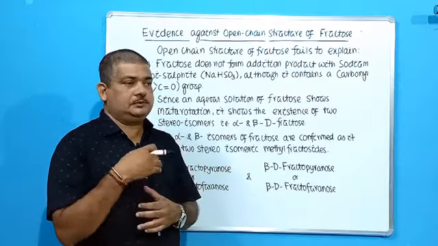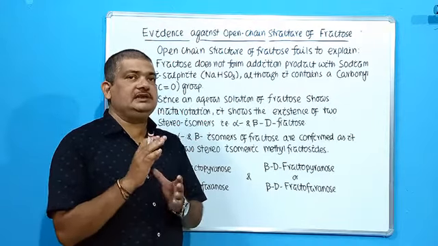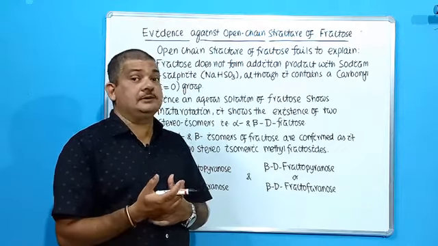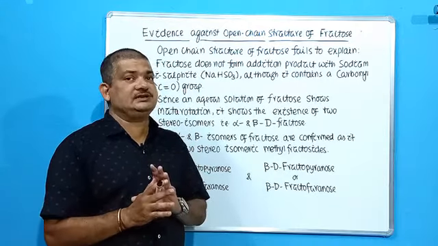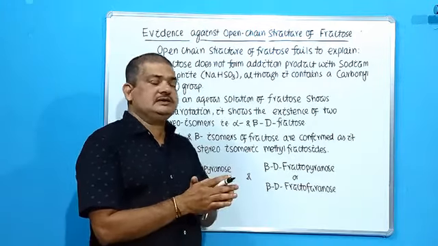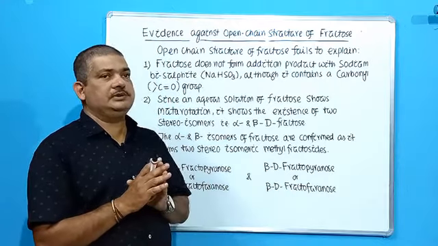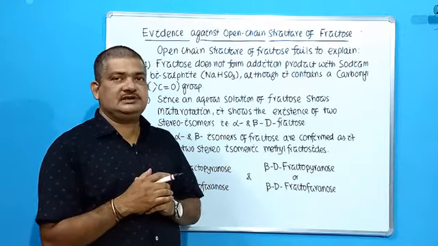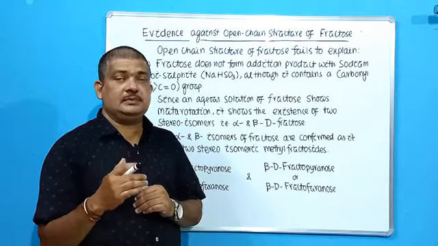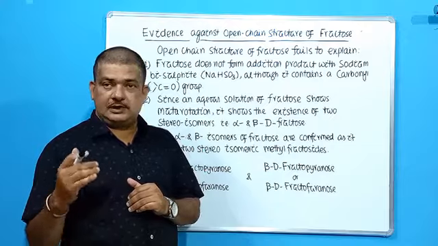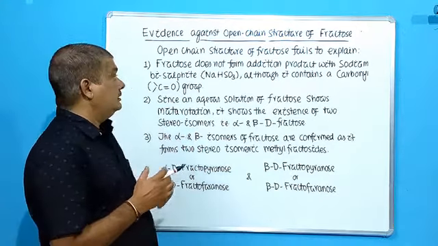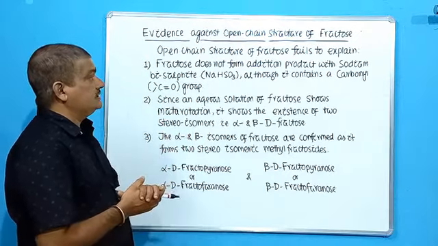So unlike glucose, fructose coexists in equilibrium in three forms: open chain structure, then a pyranose structure and a furanose structure. So there is equilibrium between these three structures. Glucose had two structures, pyranose structure and open chain structure, but here it coexists in equilibrium between three different structures, where out of these three, one is an open chain, other two are ring or closed ring structures. One resembles that of furan, that's why it is called furanose, and another resembles pyran, so it is called pyranose. Okay, so briefly we will discuss what are the evidences against open chain structure of fructose.